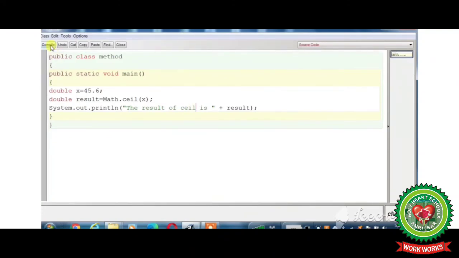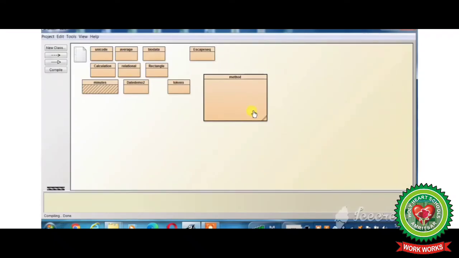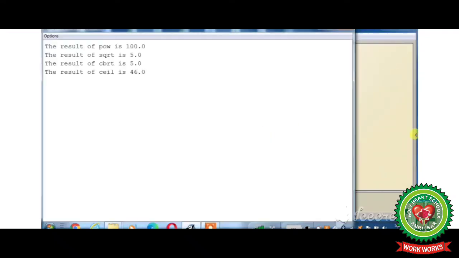We will click on the compile button, click on the close button, right click on the class icon and click on the void main. See the result of ceil is 46.0, meaning if the value after the decimal is above 5, like 45.5, 45.6, 45.8, it will change the value to the greater integer, that is greater than the argument.